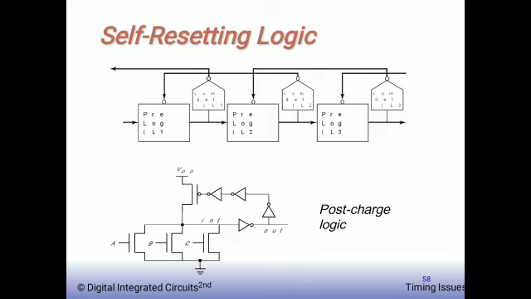A block diagram of the post-charge logic is shown. As can be seen from this block diagram, the precharging of L1 happens when its successor stage has completed and does not need its input anymore. It is possible to precharge a block based on completion of its own output, but care must be taken to ensure that the stage that follows has properly evaluated and the input has become obsolete.